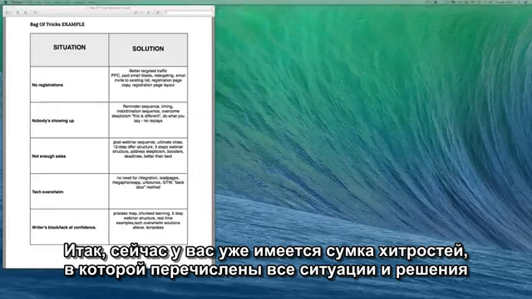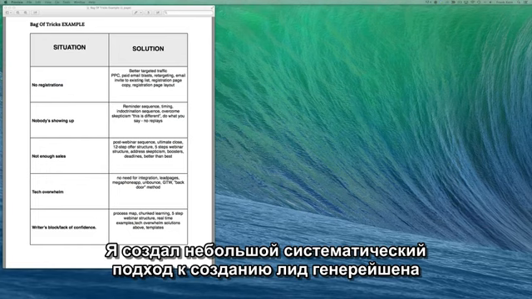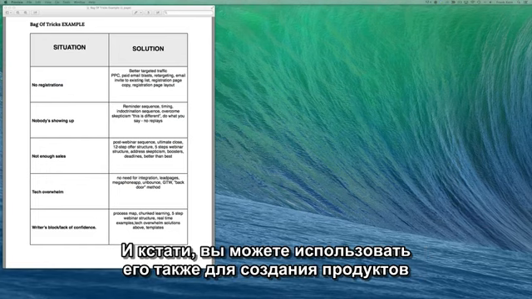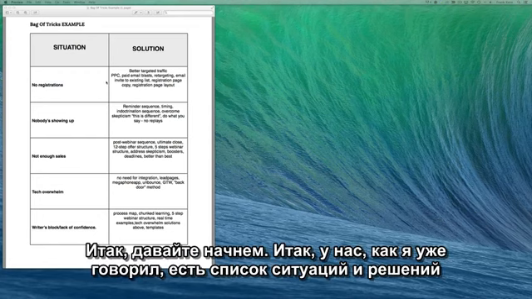So now that you've got your bag of tricks and your situations and your solutions all listed out, it's time to go ahead and create this sucker. And what I've done is I've created a little systematic approach to lead gen creation. You can also use this for product creation, by the way. And it eliminates any mental blockage. So we start here. And what we have here, of course, like I said, situation right here, and here's a